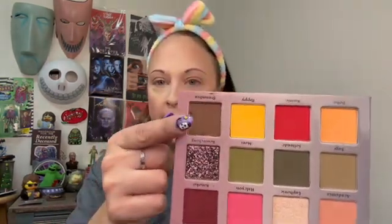So let's open it up. Let's see, there's 4, 8, 12. It's a 12 pan palette. It looks like there's only 2 shimmers. This Academia shade, no, I think that's matte. So this brown one's the one that came cracked. You can kind of see. I repressed it. You get this multi-chrome, and then I haven't swatched this one yet, but very, very pretty